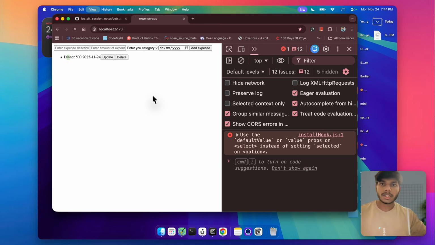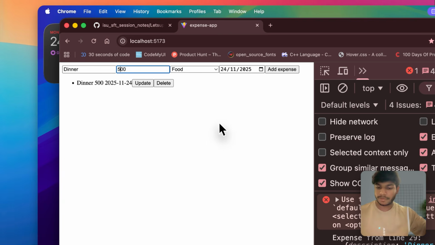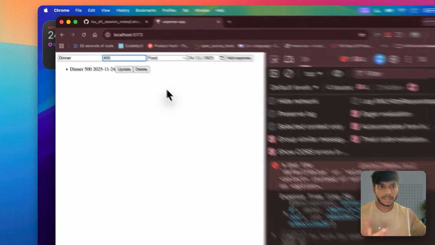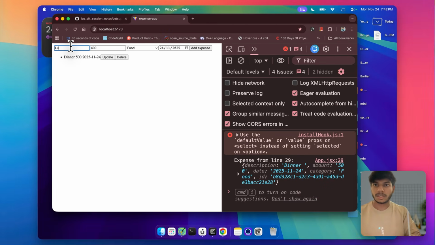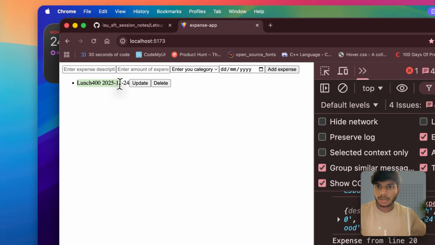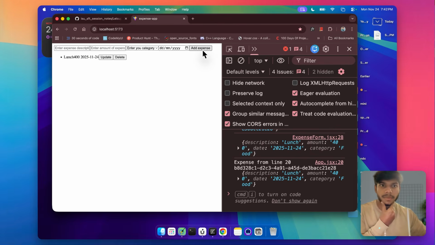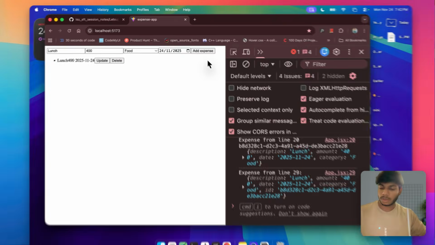We'll go back, refresh this and say update here. So we have got our data now, and I can just say 400 instead of 500, and lunch instead of dinner, and then say add expense, and this will change the whole thing. Okay. Now one thing is key: if I'm trying to update, this still says add, so it might be a